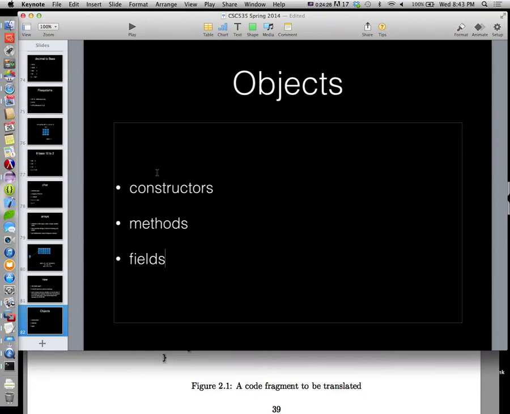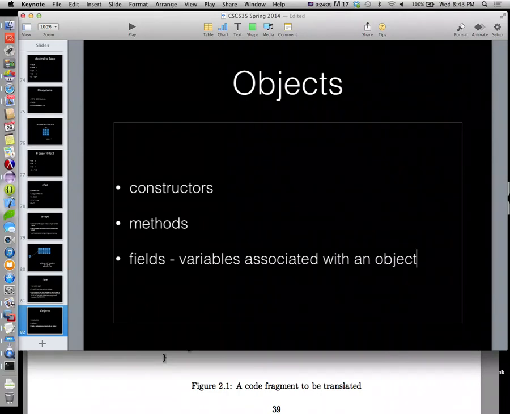Forget about constructors right now. We know what methods are. Fields are variables associated with an object. A field is a synonym for a variable. And fields come in both class fields and instance fields,